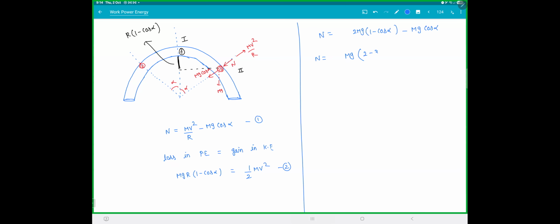mg (2 minus 3 cos alpha). You can clearly see when n is 0, you'll get that cos alpha 2 by 3 thing there. You've got your normal reaction. Now if you draw the FBD of this semicircle thing,